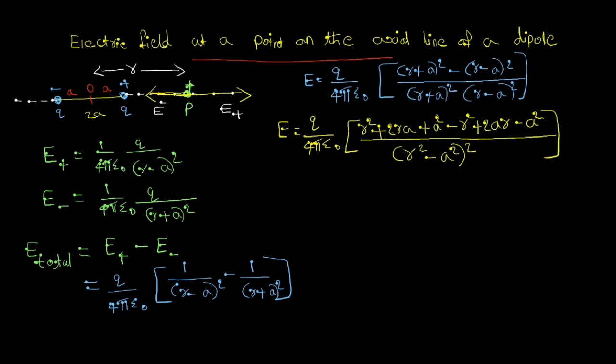Then we cancel out these terms. Positive r square and negative r square cancel out. Then plus a square and minus a square cancel out. Then we get